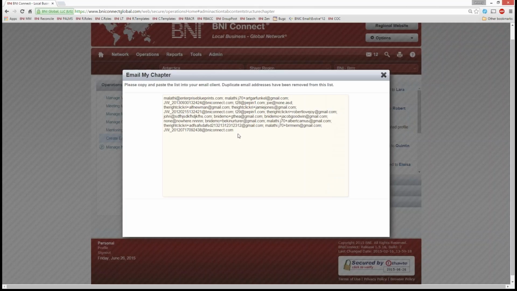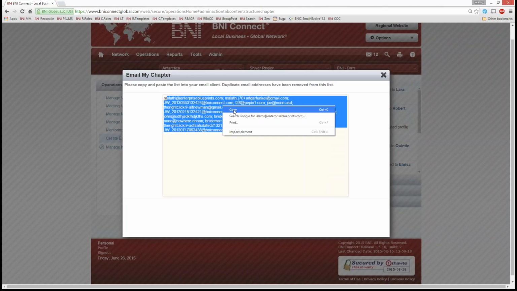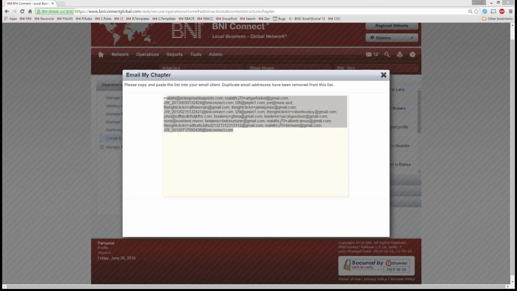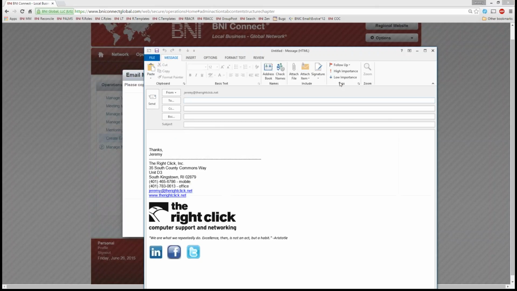This will give you a distribution list of all of the current members in your chapter. I know before BNI Connect, one thing that I'd always have to do is go and look for the last email in my inbox for the whole group and just hit reply all and kind of hope it went to everybody. Now you can just highlight, copy and paste all of these